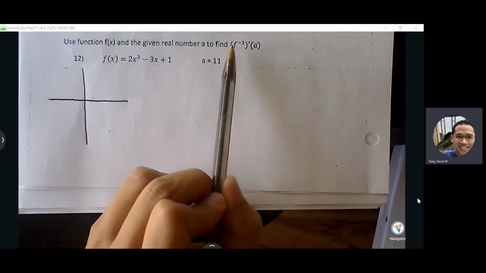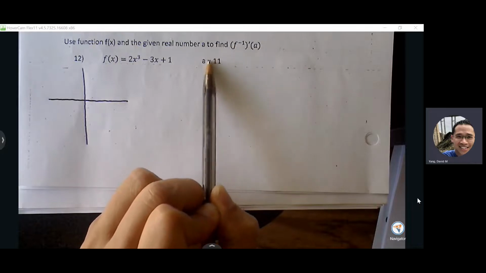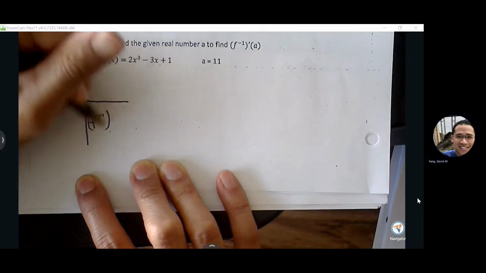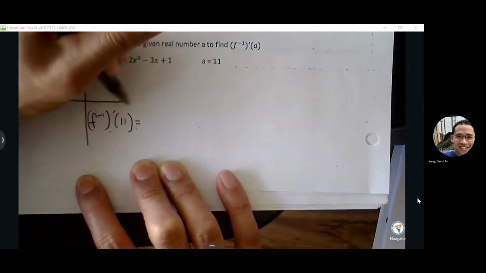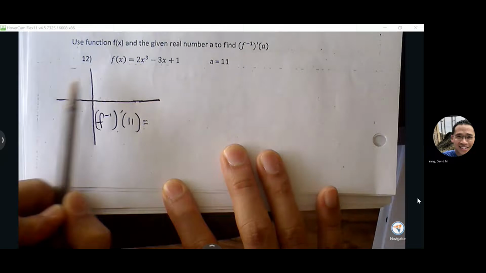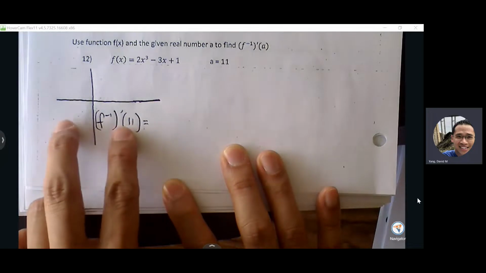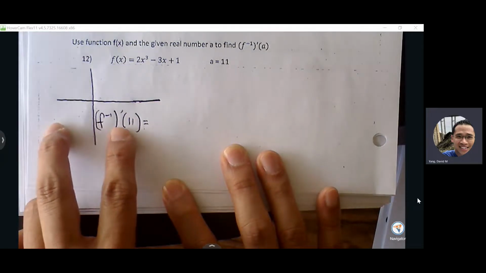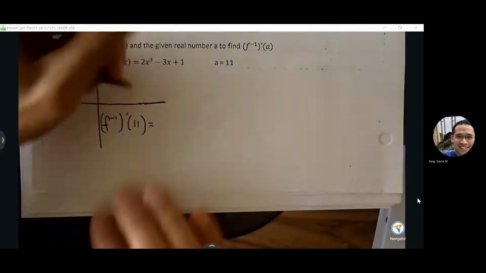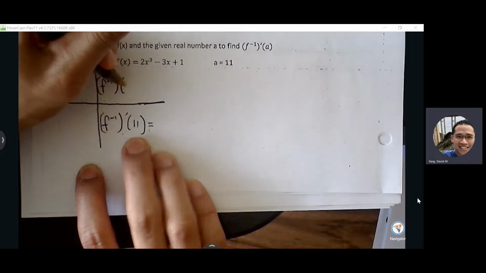Okay, I'm looking for the derivative of an inverse at a point. My x value for my inverse is 11, so I'm trying to find the derivative of the inverse at 11. What I'm going to do is make my way around this chart. I'm going to put my ordered pair information between my inverse function and my function up here, and then my slope relationship between my derivative and the derivative of the inverse down here. Okay. So I know that my inverse function has an x value of 11,